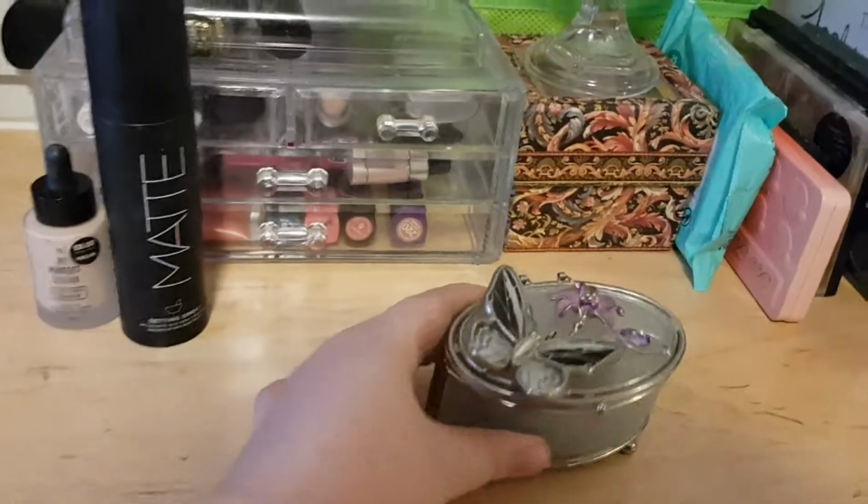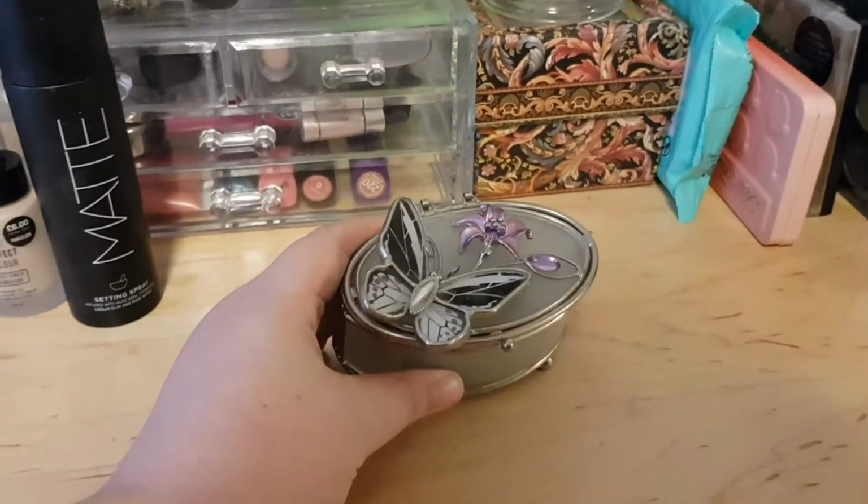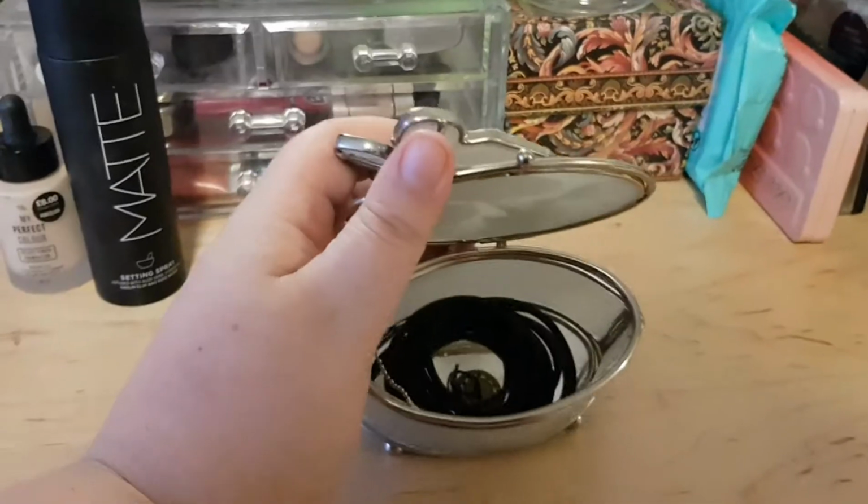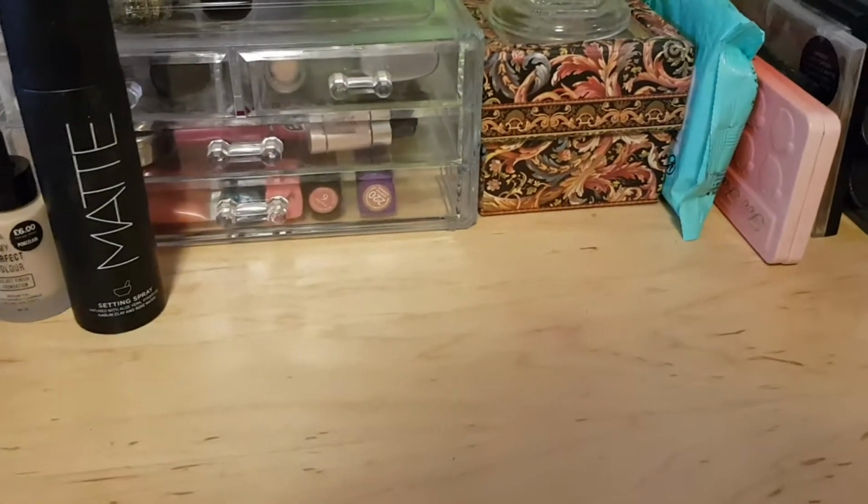This box was gifted to me by a friend quite a few years ago, and I just keep my hairbands and apparently a spare button in here. Okay,